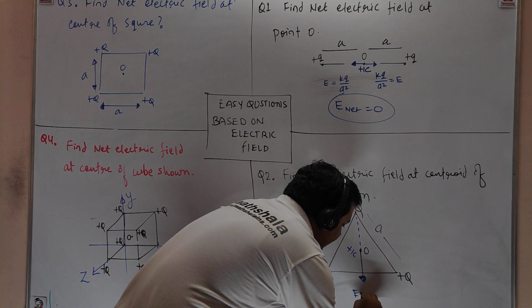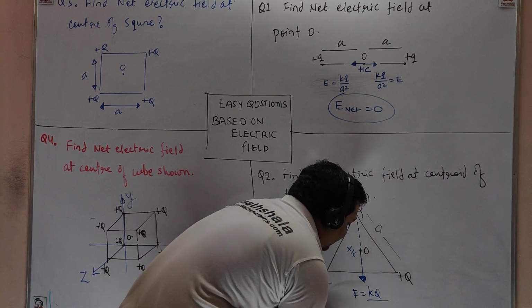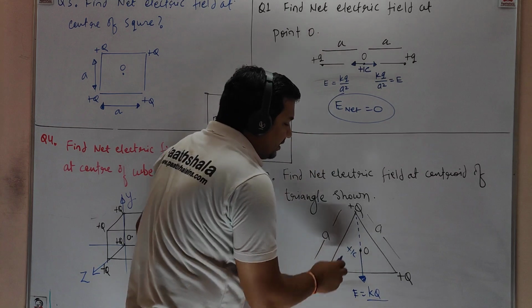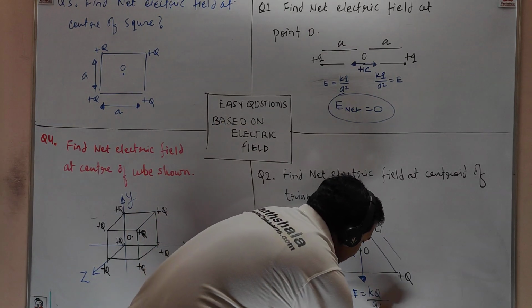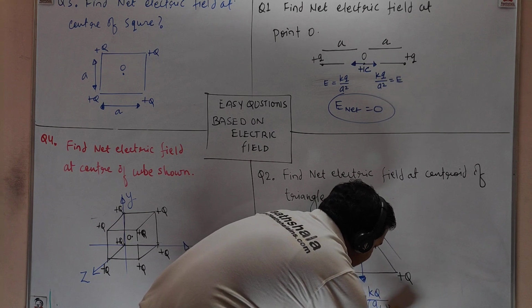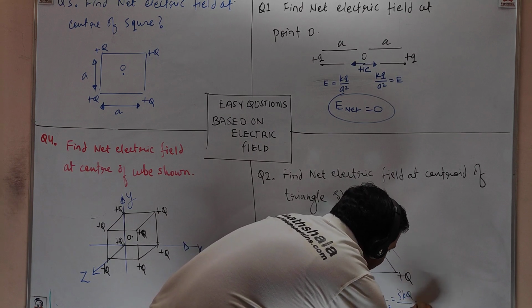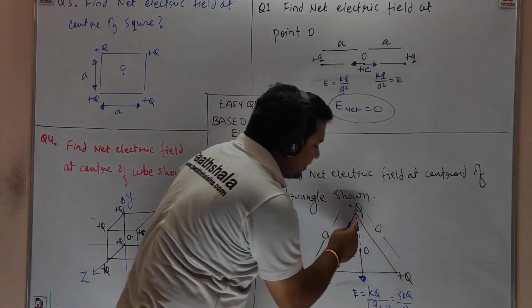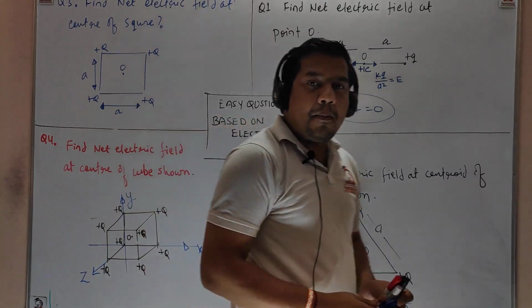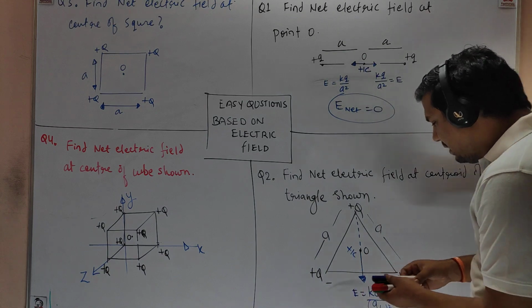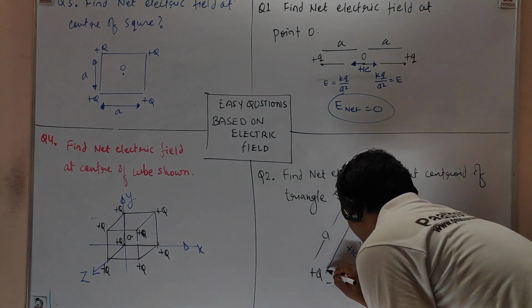See, kq upon square of distance, right? So this distance is a by root 3, everyone knows. Okay, a by root 3 whole square, so you get 3kq by a square. This is the electric field downward, and let's suppose this is E. Same magnitude of electric field will act in this direction